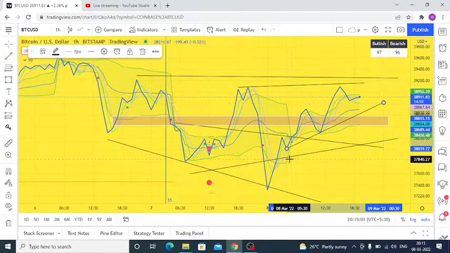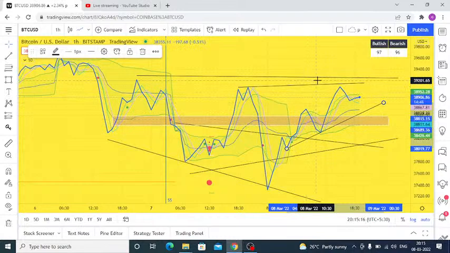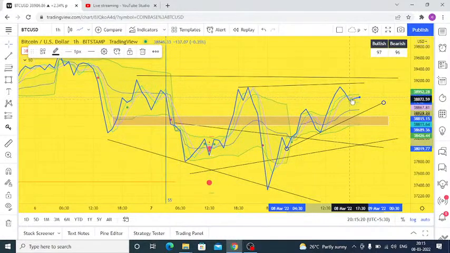It should at least give its body close over here, but there was some buying pressure which makes it upset. But if there was buying pressure, then why so much selling? Why is it not going up? Why is this V shape tilting towards the sideways? Though it's going up, I don't mind.